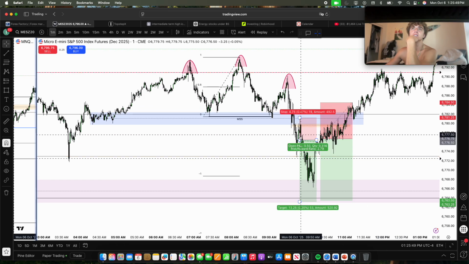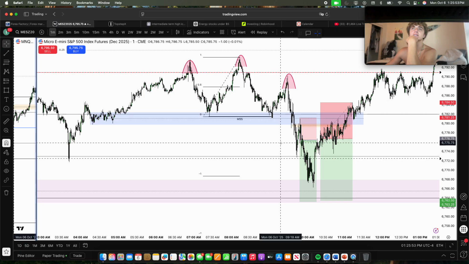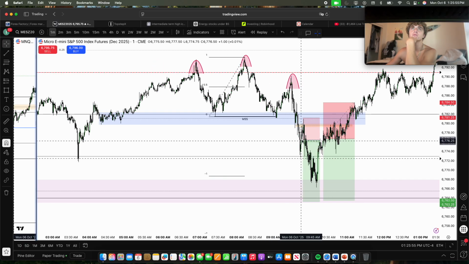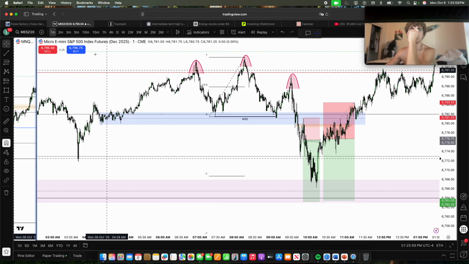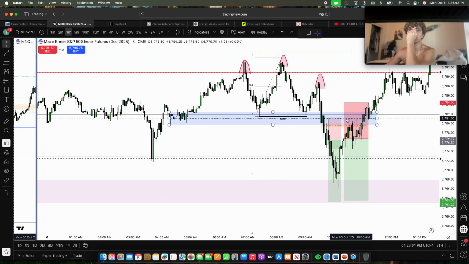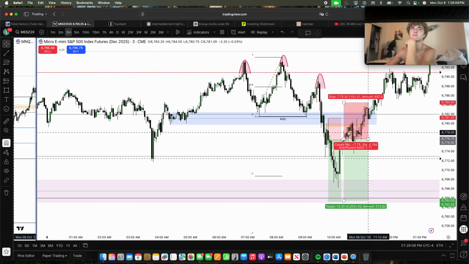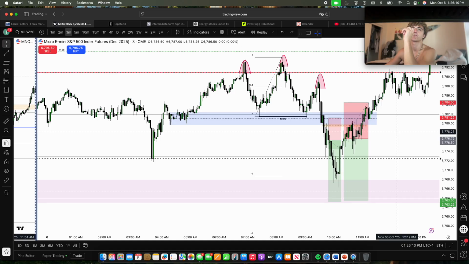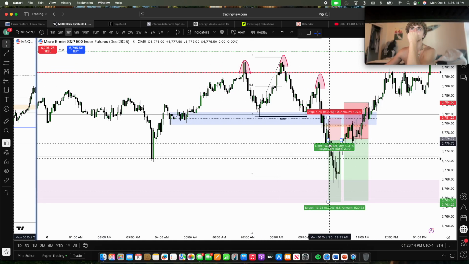Simply not trusting this first setup. This first setup is A+. I don't know why I'm not taking that. And then being patient until the next one, yes, makes sense. But first of all, you're not supposed to enter basically when it comes back to it. That's showing weakness. Like I said last week, I literally said that. It shows weakness on return to it. So this loss could have been completely prevented if I just simply took the trade I should have taken,